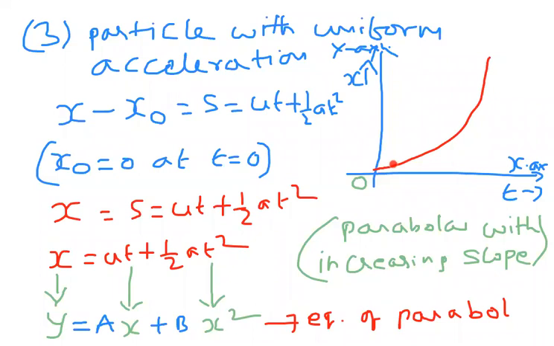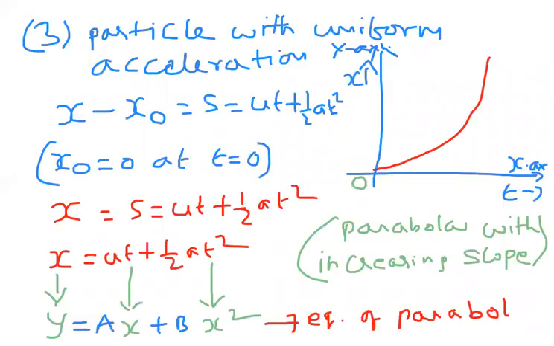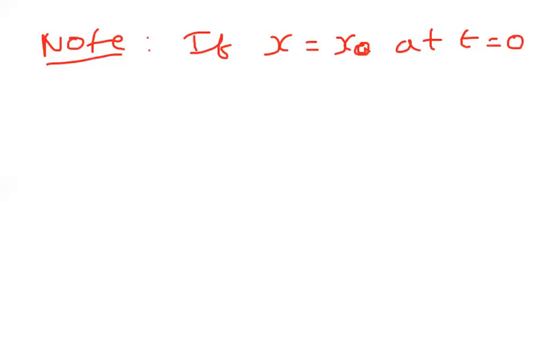Suppose one note point we'll see here. If in the same thing x is equal to x0 at t equal to 0. In the previous condition I have taken x equal to 0. Remember, the condition I noted was that x0 is 0 at t equal to 0. Now the x0 value is not equal to 0, x is x0. Initially it starts from x0, not from the origin.